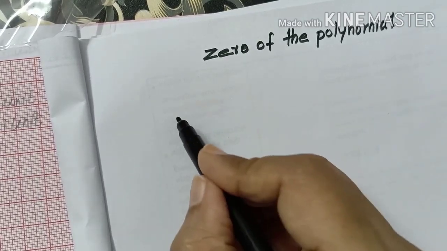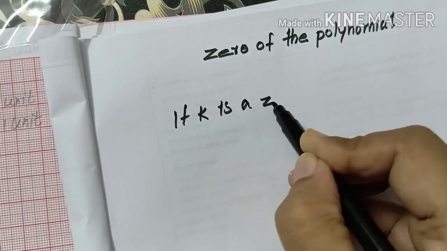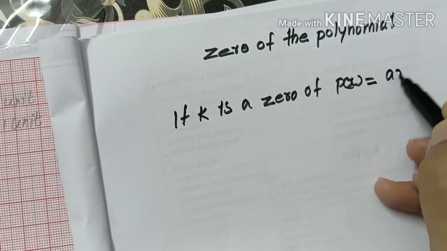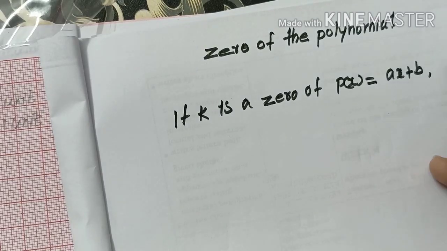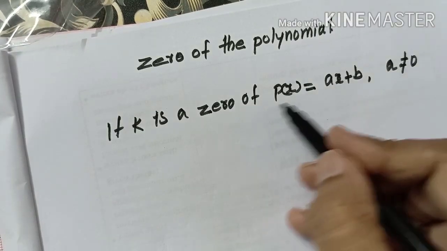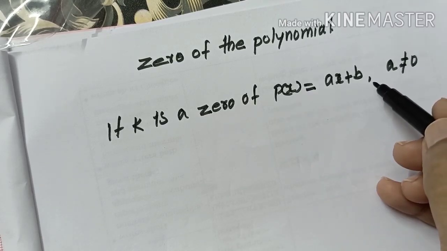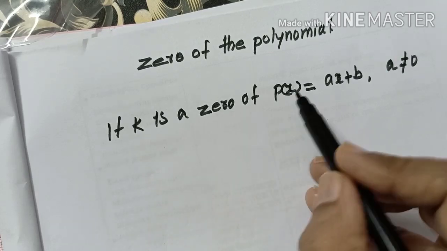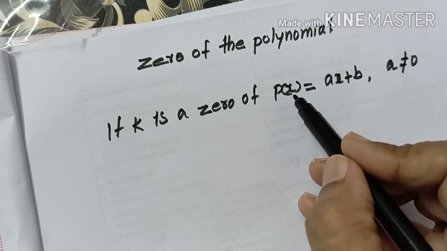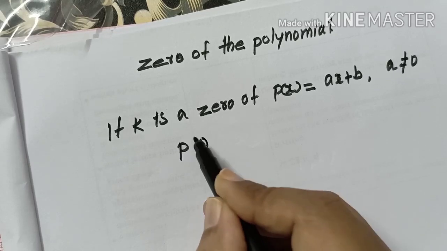Suppose in general, k is a 0 of a polynomial p of x is equal to ax plus b. We know that a is not equal to 0, that is a condition, right? So it's a linear polynomial. In this linear polynomial, if k is a 0, then how can we write this? We have to replace the variable x by k. So it will become p of k is equal to